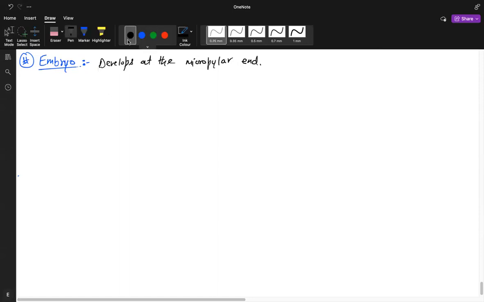Now, in a normal embryo, there are two kinds of seeds, which I will talk about in the next segment, monocot and dicot. And accordingly, there are two kinds of embryo: an embryo which is present in a monocot seed and an embryo which is present in a dicot seed. Let's go with dicot first. In case of a dicotyledon,